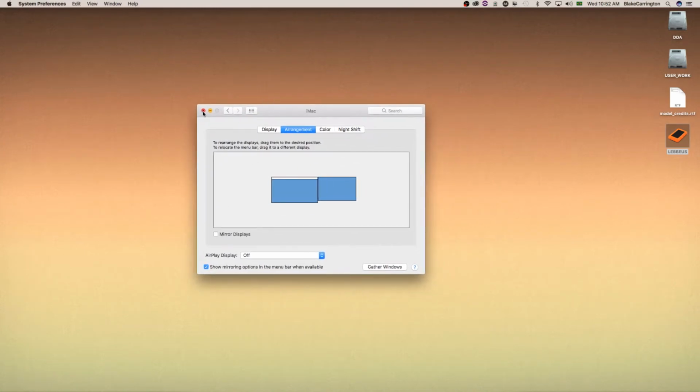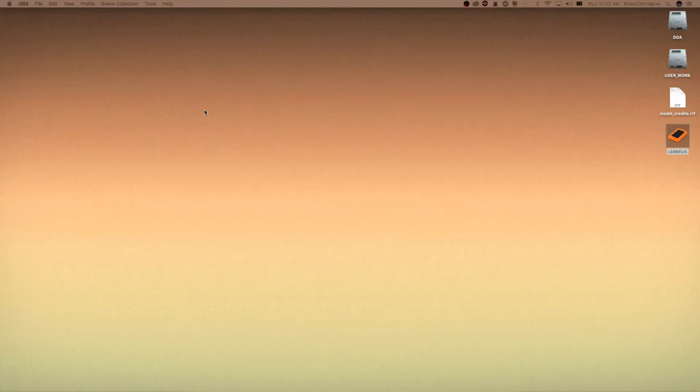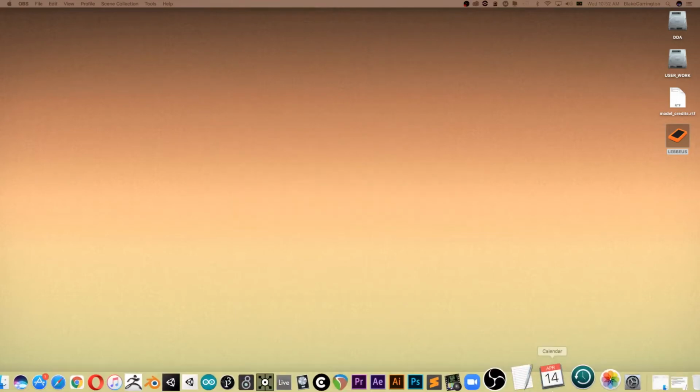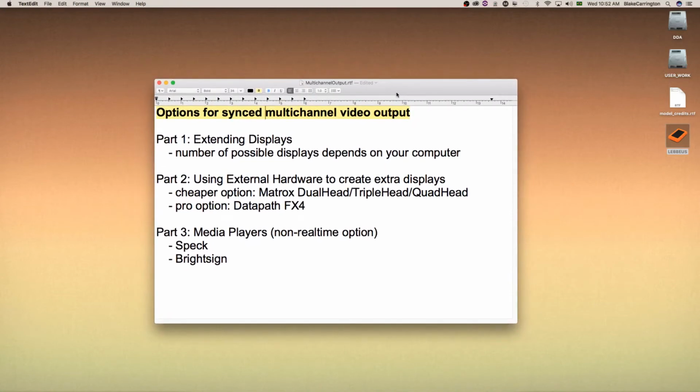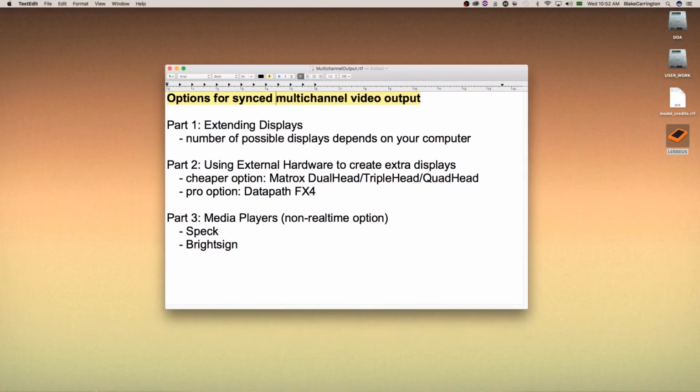My iMac here only has a single display port in the back. That's pretty common. There's other systems, particularly PC systems, that might allow you to have a lot more displays coming out of your computer. So I can only have one coming out with this, but I also have